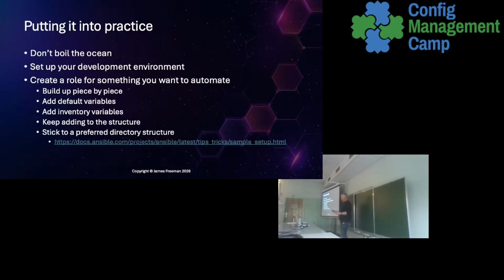Very quickly, into next steps. So how would I get started? If you've written something today that repeats the things that I said not to do, don't just set out to completely rewrite it. If you want to, you can, but I always think don't boil the ocean. Make changes a bit at a time, step through it, set up a development environment, play with things, learn how to do things. Create a role is a good way to start.